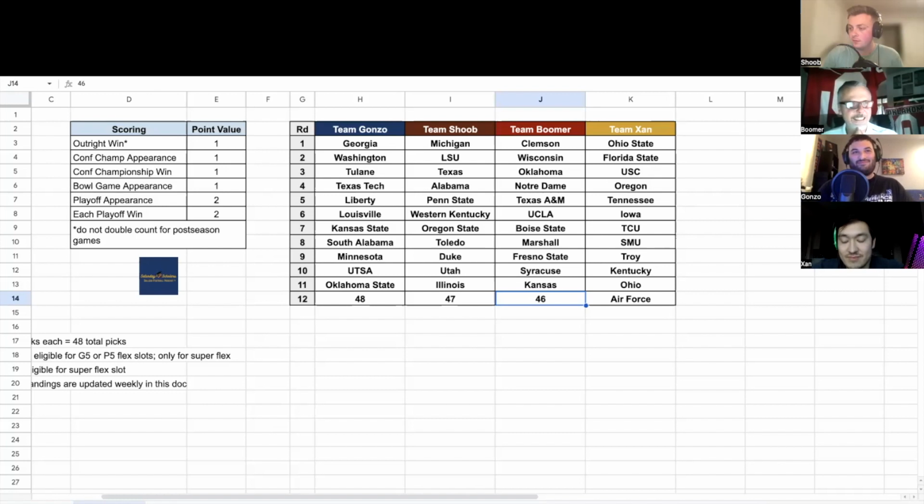There's ACC teams taken, but I've already got 2 ACC. I don't want to go. So I need to go to the Big Ten, but most of those are taken. The only thing that's left is Nebraska. There's some Big 12 teams and some SEC teams with potential. All I'm going to say is that North Carolina and Miami fans probably hate us right now. I know they do. Like, why won't you pick my team?